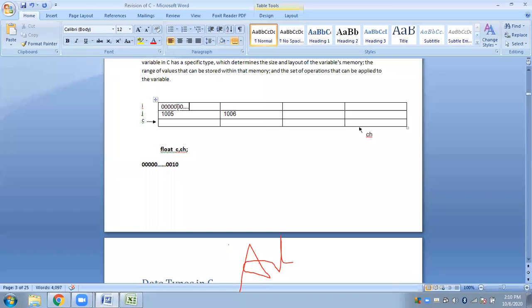Here you store 8 bits, then here also you store 8 bits, and here also 8 bits. Let me go on storing the 8 bits. 1 2 3 4, 1 2 3 4, and then 1 2 3 4, 1 2 3 4.